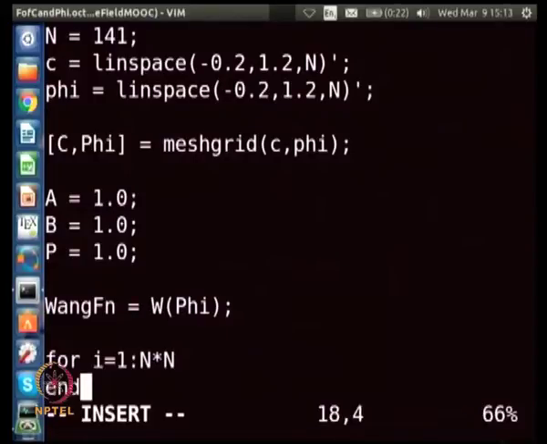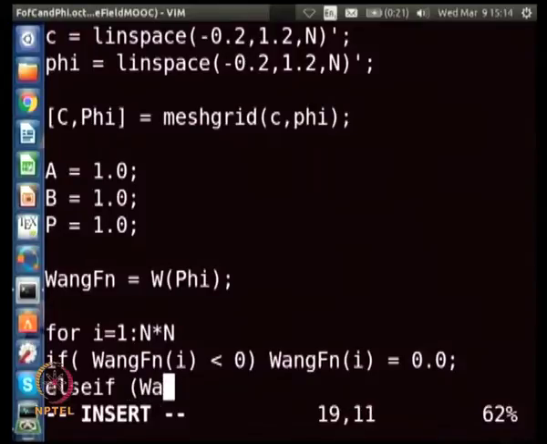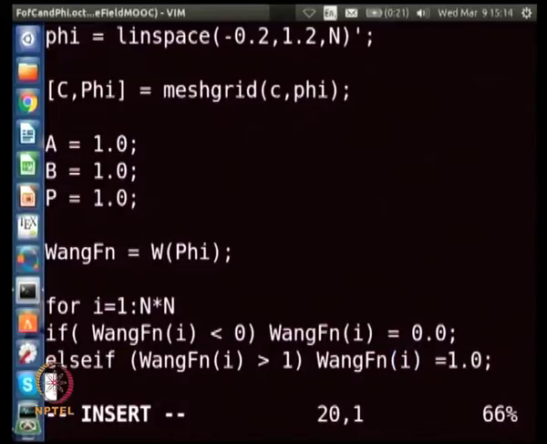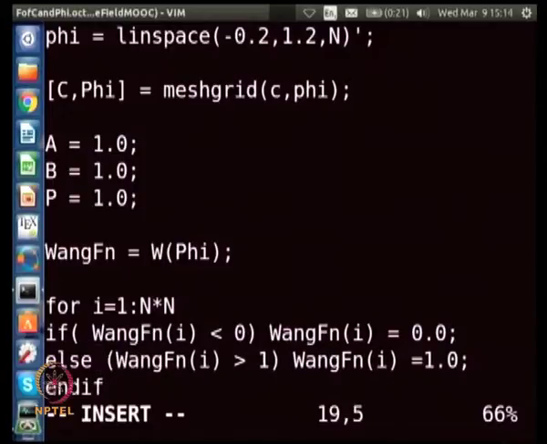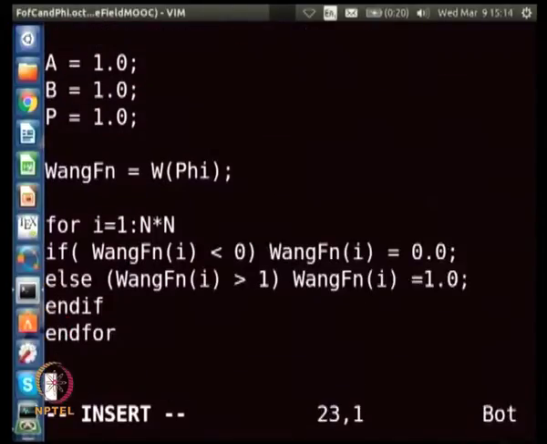So, now I am going to say Wang function i. So, if Wang function i is less than 0, Wang function i is equal to 0, else if Wang function i is greater than 1, Wang function i is equal to 1. Okay. So, end if. So, I do not need this, if, else, if. Okay. So, now this Wang function will go only from 0 to 1 as required, and hence we can define our